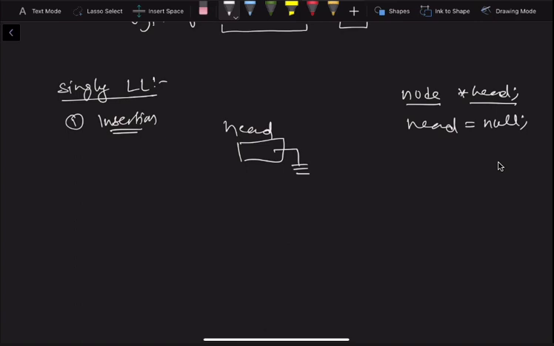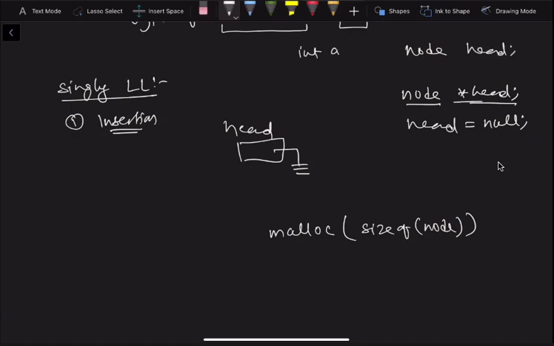Now we write malloc, and what size do we have to create? malloc(sizeof(node)). This is what we have to create. See, the difference between node head and node *head is the same as int a and int *ptr.